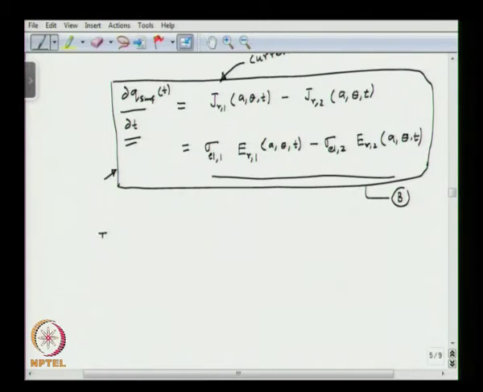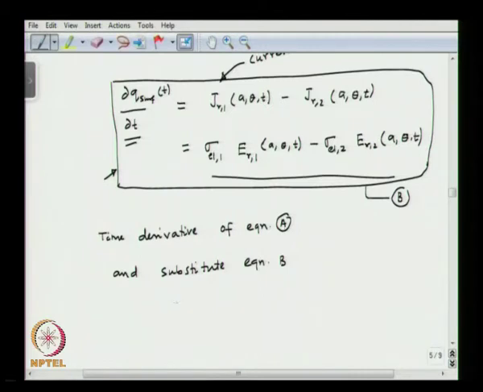So, we take the time derivative of equation A and substitute equation B, okay,